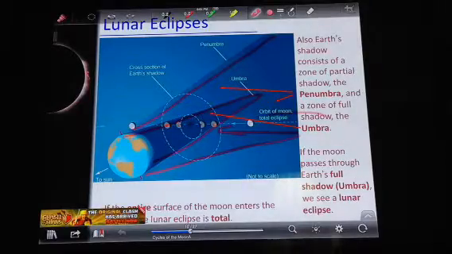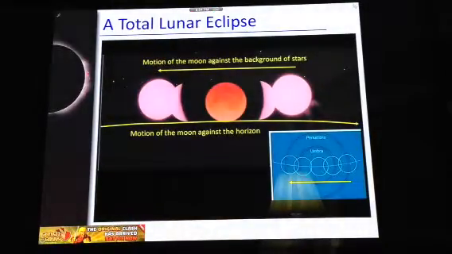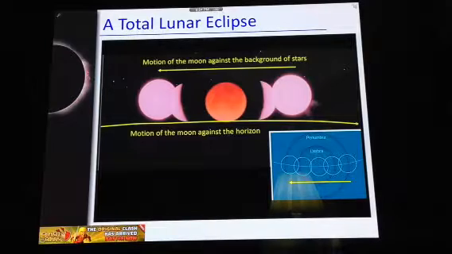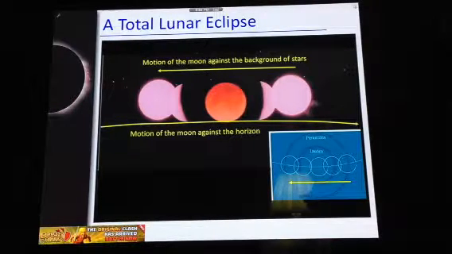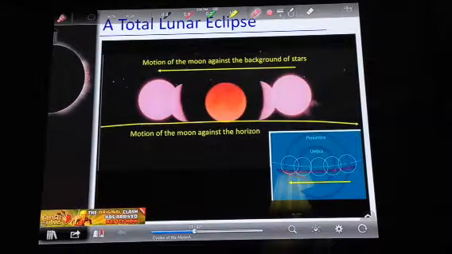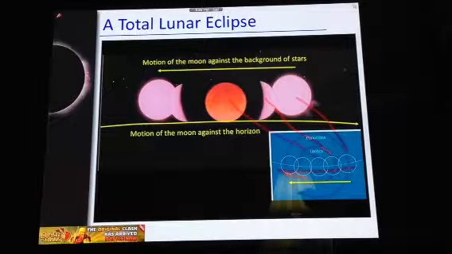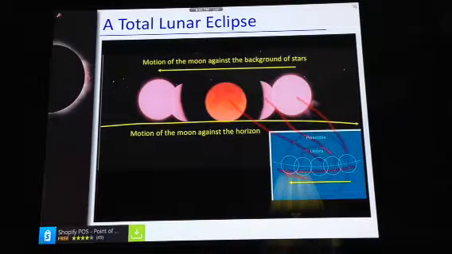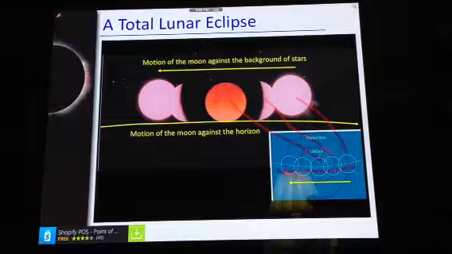And these can take quite a while in the evening. It can last for a couple hours in the evening sky, and you'll see a chart there that will, at the end of this, explain how long they actually are. And if we take a look here with this as well, we see as the path comes through here, you can see how it passes through the penumbra, and you can see how that matches up here with everything. And then once you reach that point of totality, in the center of the umbra,